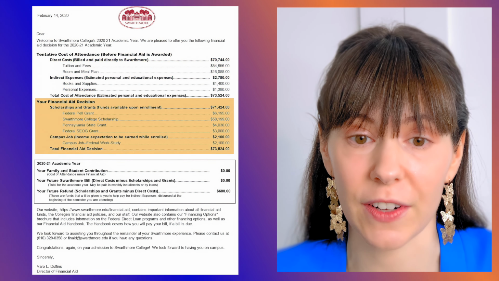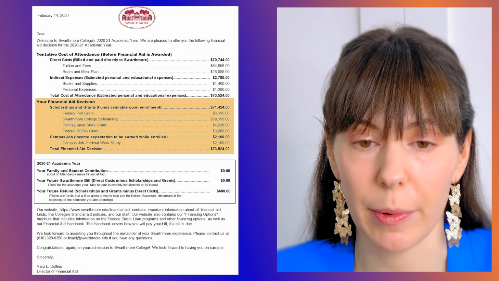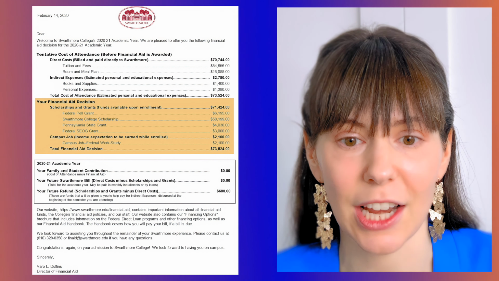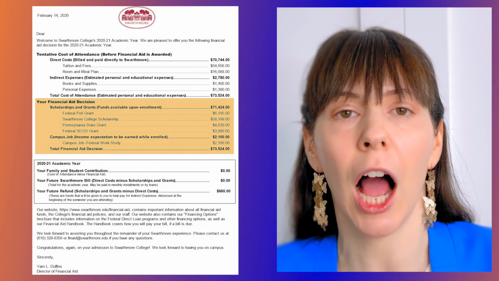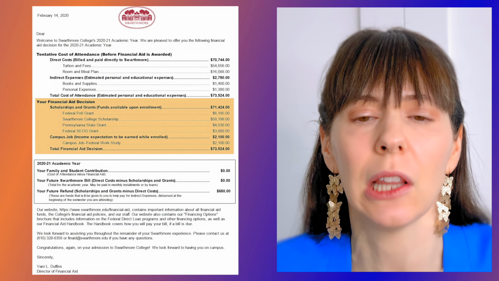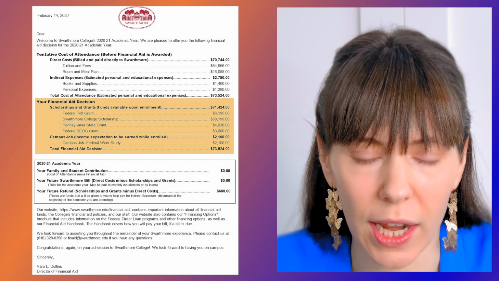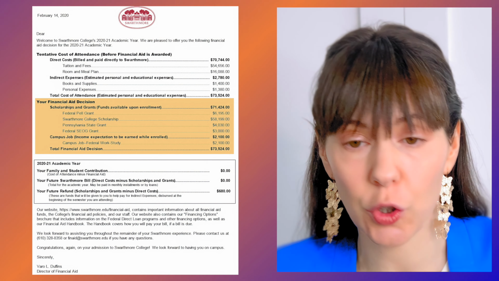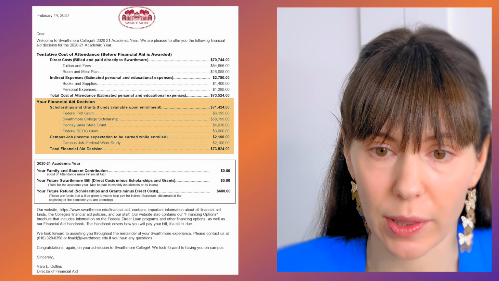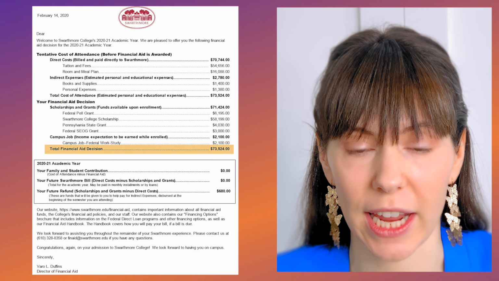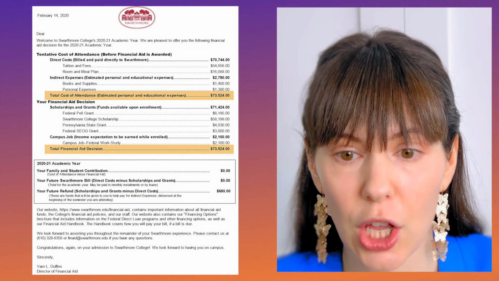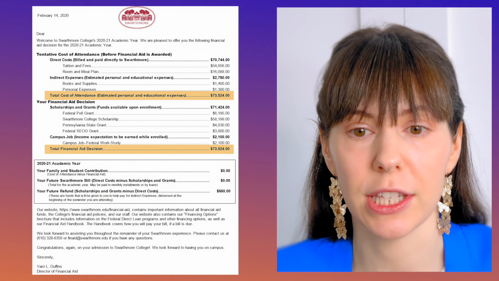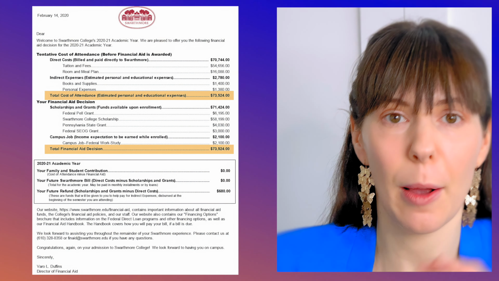Then, if you look at his financial aid, scholarships and grants, remember that's money he doesn't have to pay back. This is a no-loan school. That means that they meet 100% of his need without any loans. Mind blown. Then you see his work study money, $2,100. We talked about work study already. You know what that is. And so if you look at his financial aid decision and his cost of attendance, you see that those numbers are the same, right? That's beautiful.